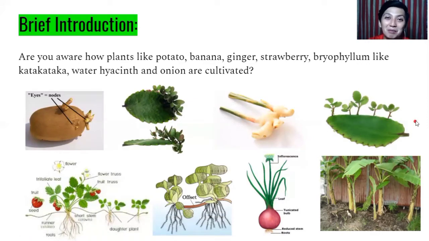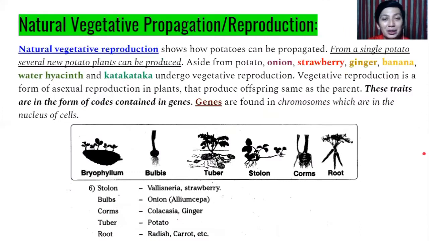So those are the examples of our vegetative propagation. So we have two types of it, natural and artificial. We are going to discuss first natural. Natural vegetative propagation or reproduction shows how potatoes can be propagated. From a single potato, several new potato plants can be reproduced or produced. Aside from potato, onion, strawberry, ginger, banana, water hyacinth, and katakataka undergo vegetative reproduction, like what I have said a